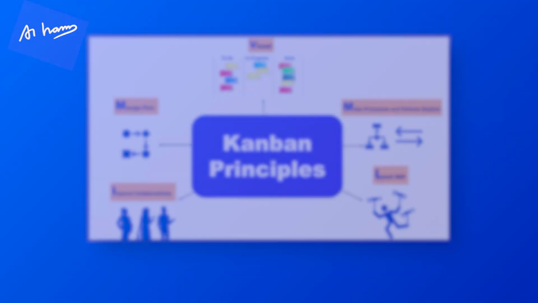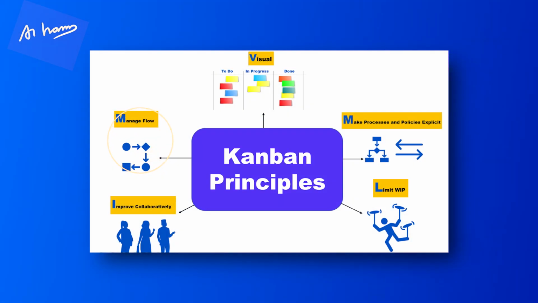Finally, manage the flow. The fifth principle is that you have to manage the flow. Based on the limit of work in progress and the capacity, the flow will be managed on Kanban. For example, there are 4 developers and you just got 2 stories. We can release 2 developers to some other project. Or if there are 8 stories and you have just 2 developers, you'll take 2 stories every time and do it. That's how you manage the flow.